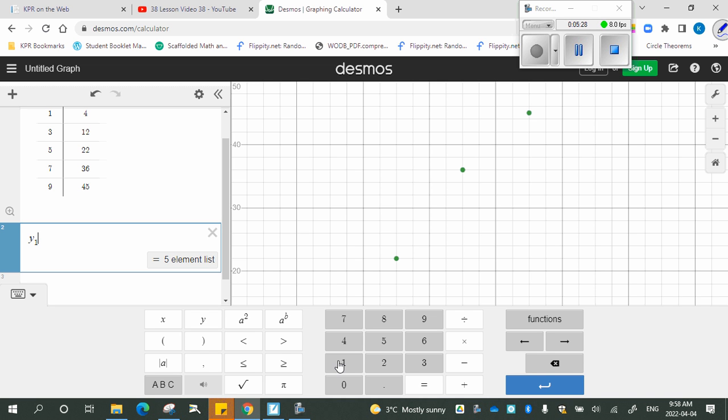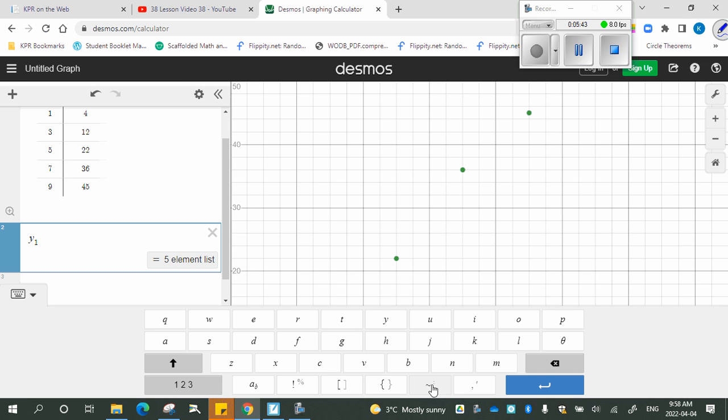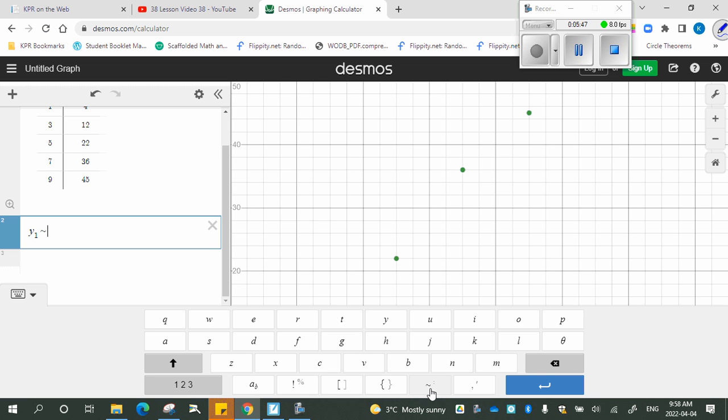And that's the hint to the computer that they're going to do linear regression. Okay? You're not just typing a line and getting them to find it. So to get that approximately, you have to go to the ABC part. And then you see it in the bottom here. This is the approximate sign. Approximately equals